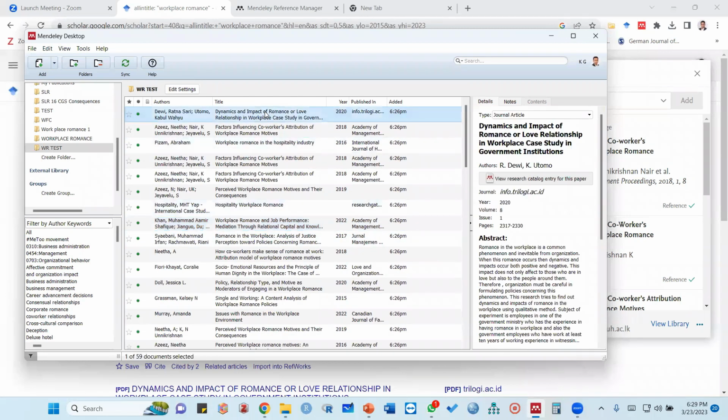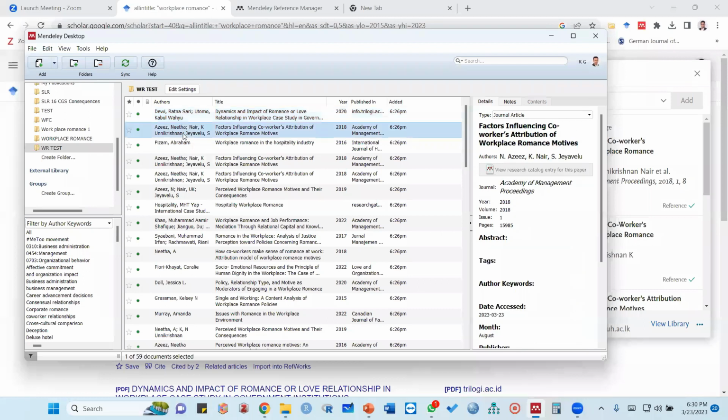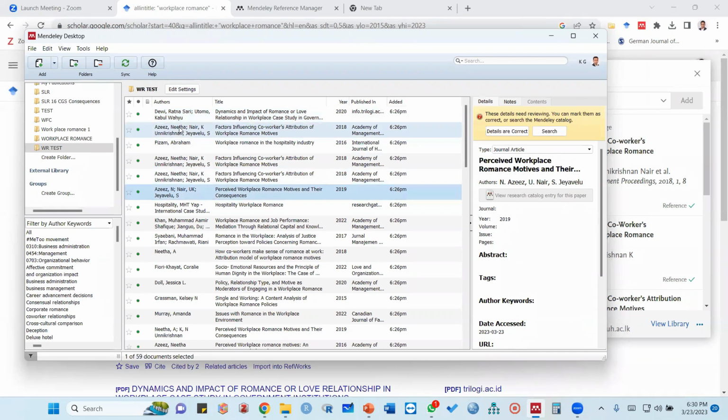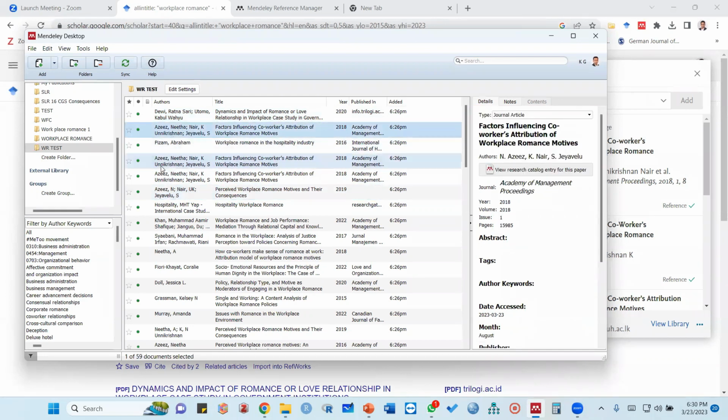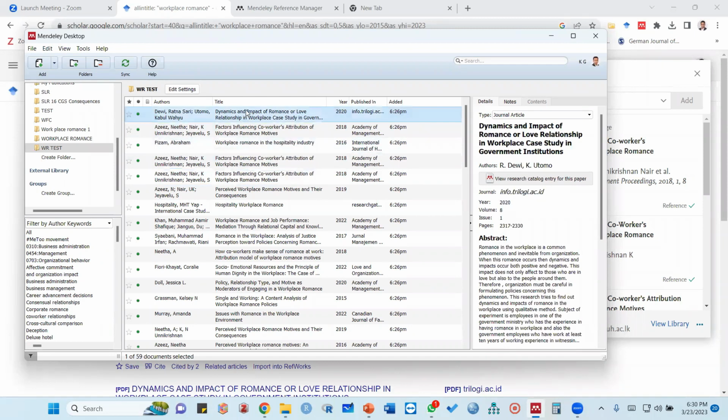So now you can check the duplicate values or duplicate items. As you can see this one, this one, this one, this one, right? 3 times exported, right? So this one, same thing. Factors influencing co-work attribution, factors influencing co-work attribution, right? So this is not a different paper. This is the same, right? But 2 times, right? So then check this one,